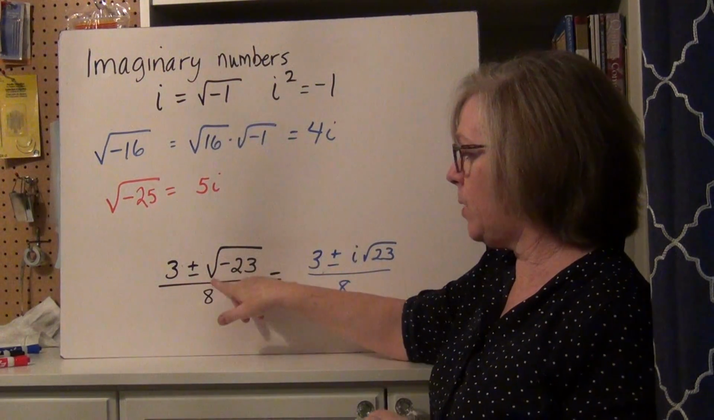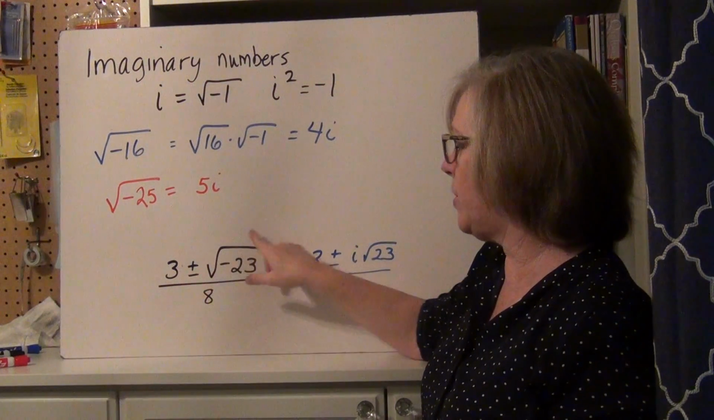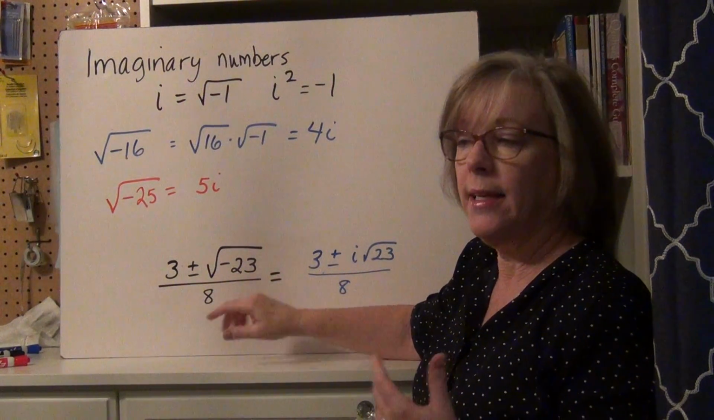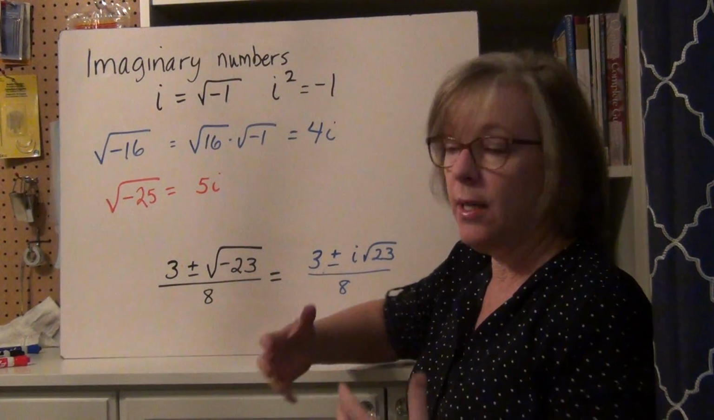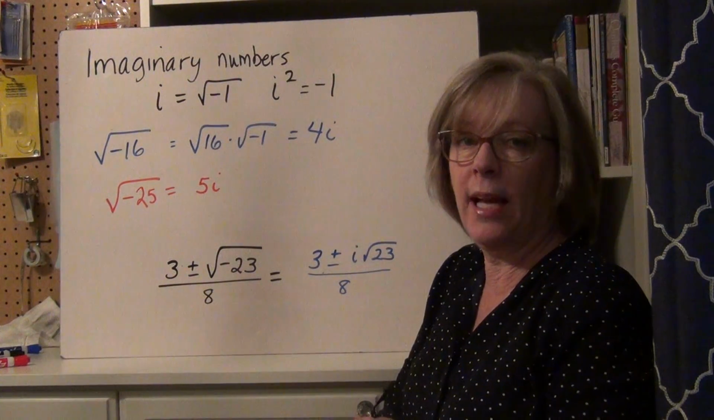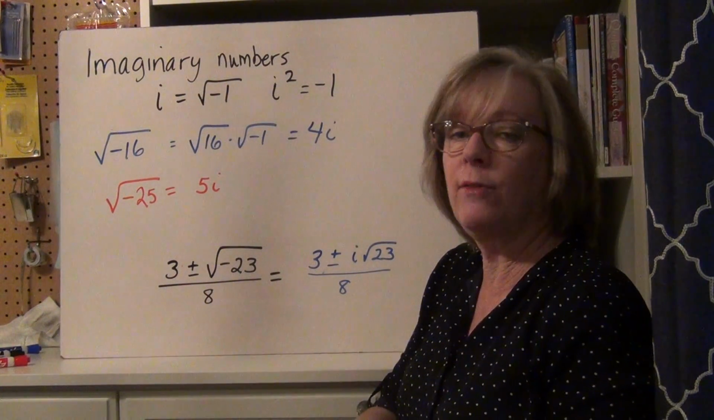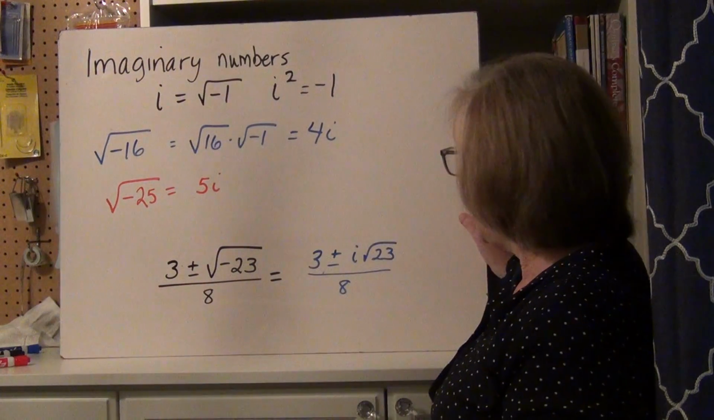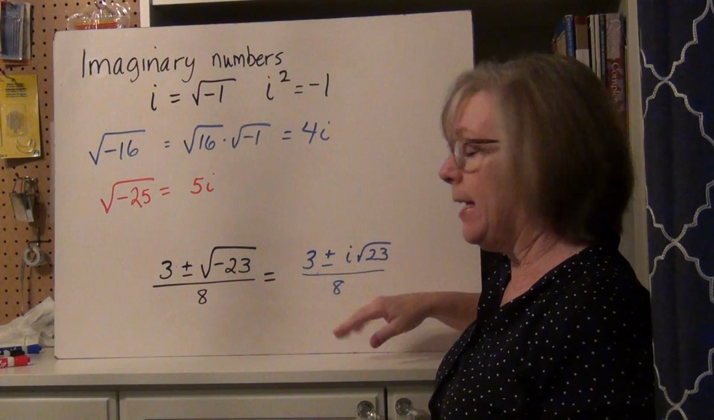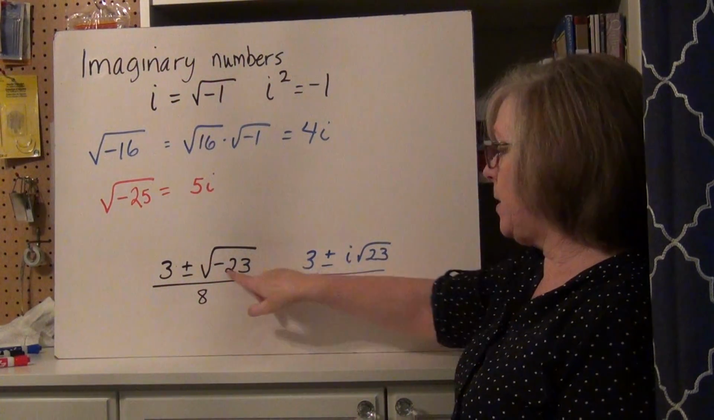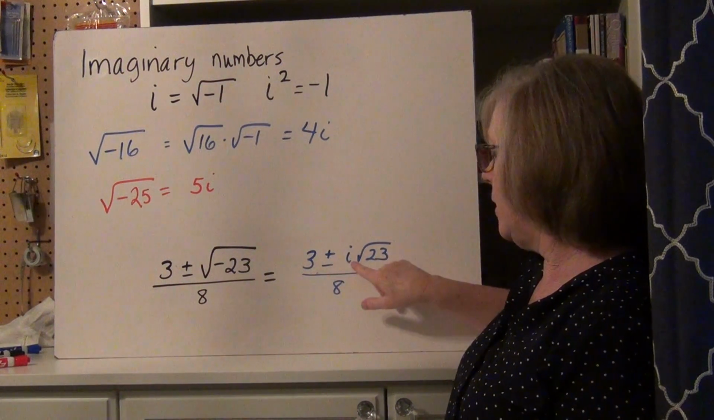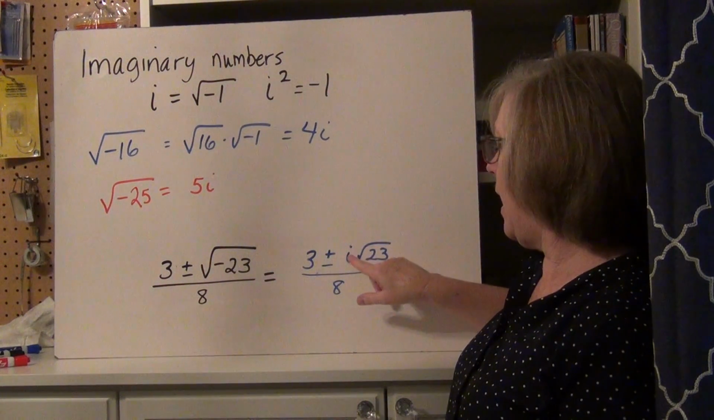So if I came back to this problem, 3 plus or minus the square root of -23 over 8. Now obviously this is a messy number. It doesn't simplify. It's not going to be a nice rational number. It's going to be a never-ending decimal, so we put it in this form. But take a look at how I would write it in its finished form. I would simply take that negative sign and bring it out, and I would have 3 plus or minus i